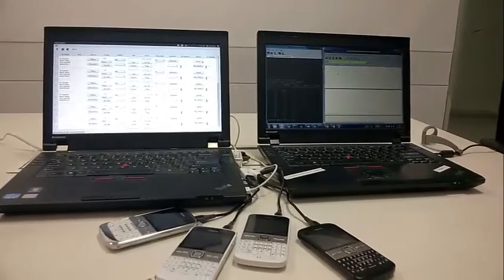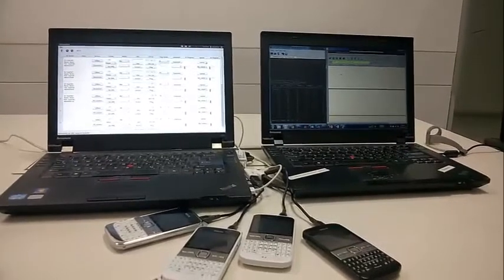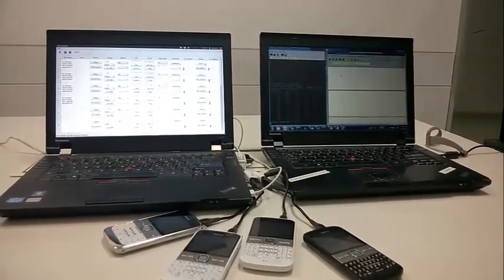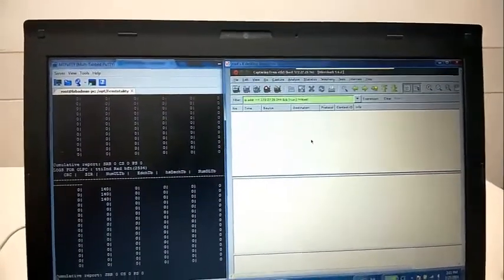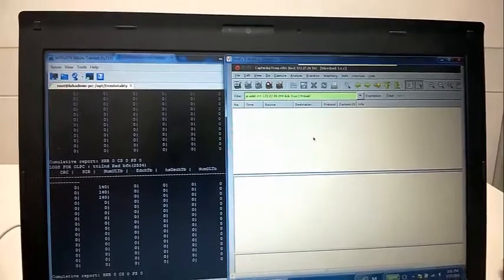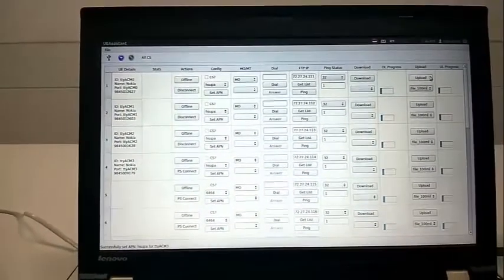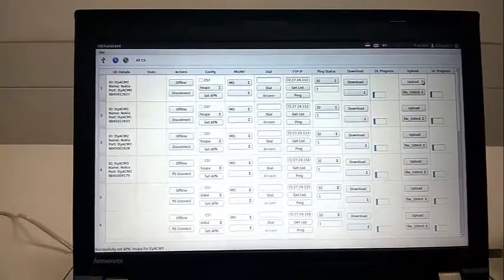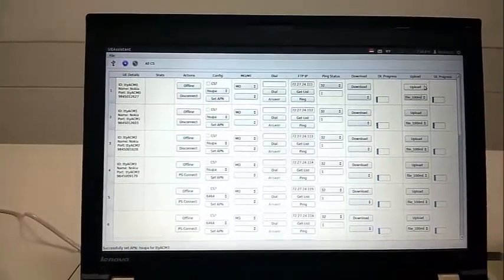Hello everyone. With the help of this setup, we are going to demonstrate HSUPA call with 4 users on 3G femtotality solution. On the screen we can see the console log as well as the Wireshark log through which the signaling procedures can be verified between UE, HNB and the core network. This is an in-house automation tool with which UEs are connected to the laptop and the different call models will be triggered by using AT commands.